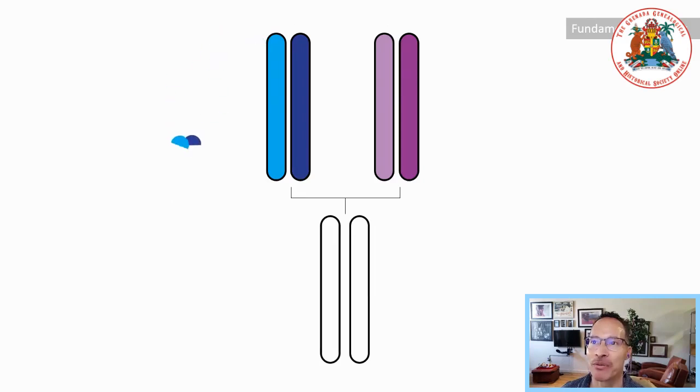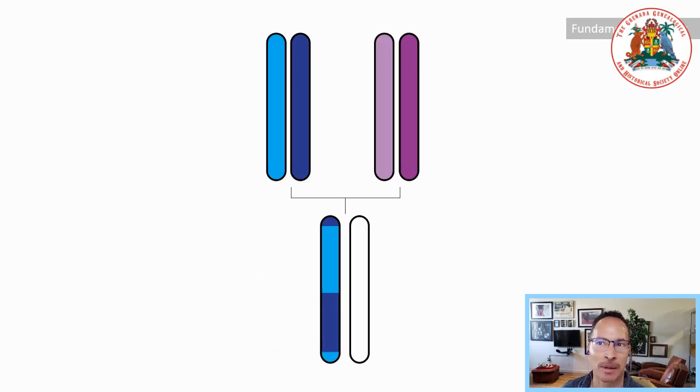This cap has to be filled, so the mother could have given this light blue or this dark blue. She ended up giving the dark blue, which came from her father, and so on. So for the next region, it could be one of these. This time, her mother's genes went out. This time, her father's genes went out. And for this last one, her mother's genes went out.